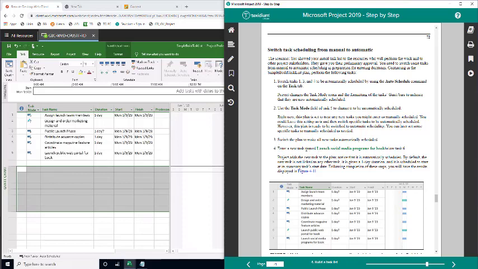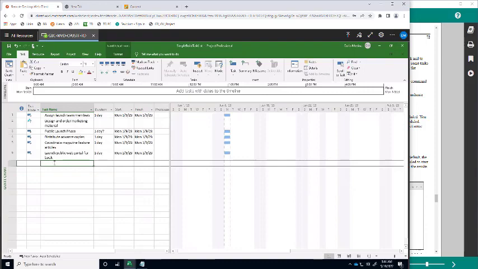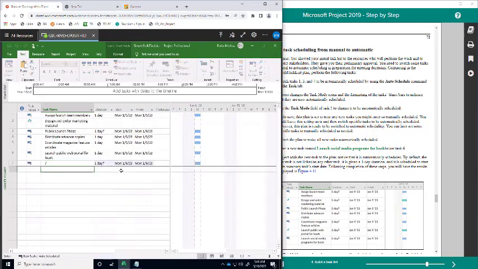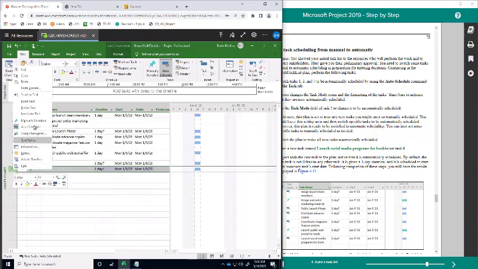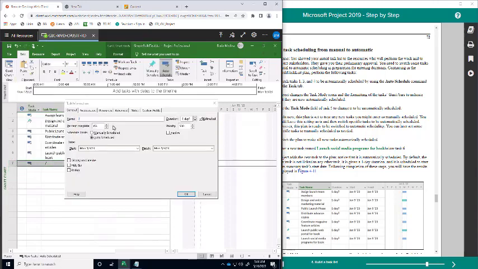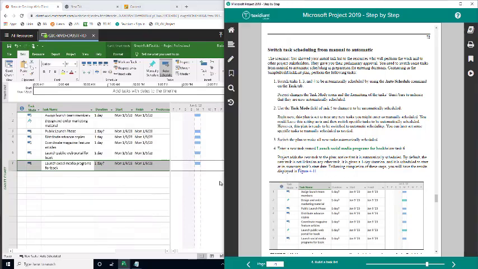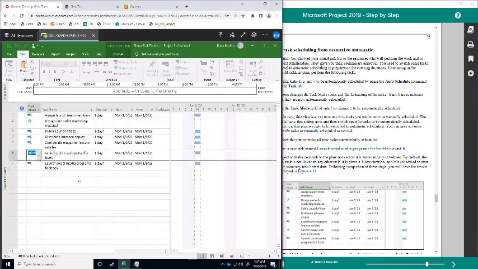Now step 4 goes: enter new task named launch social media programs below task 6, meaning here, right? What is the name? Let me just do this here. Launch. Let's delete this. Okay, and then here it has to be named launch social media programs for book. Okay, perfect. Now I'll change it to manual because I was showing you guys how to do it,